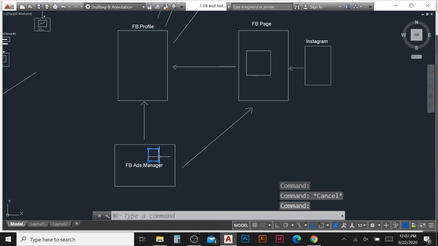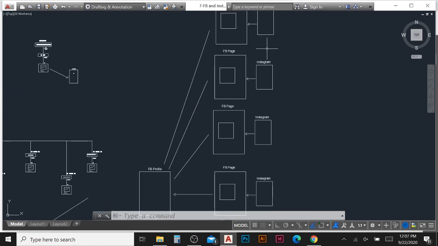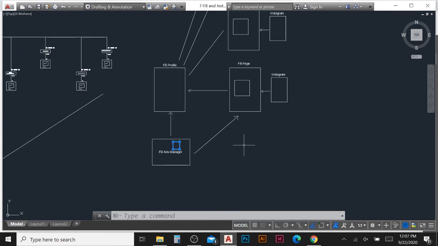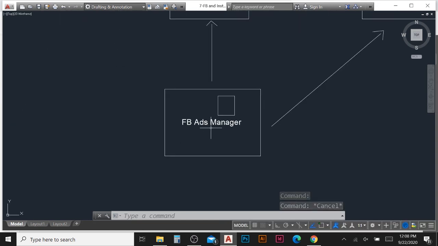Then I can assign this advertisement to which Instagram profile, which company profile, like that. That's why Ads Manager is a very advanced tool to target, and we can do advertisements for multiple Facebook pages or Instagram business profiles. Then we can do more targeting here also. It's similar to the Google Ads platform, the Google advertisement platform.